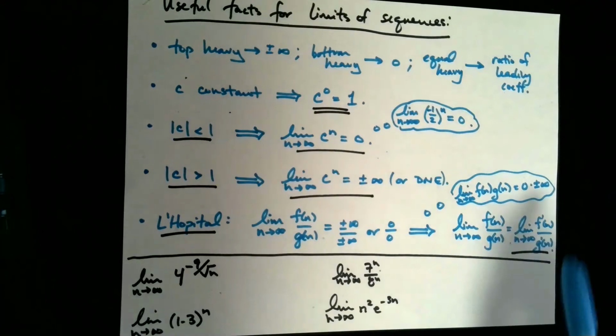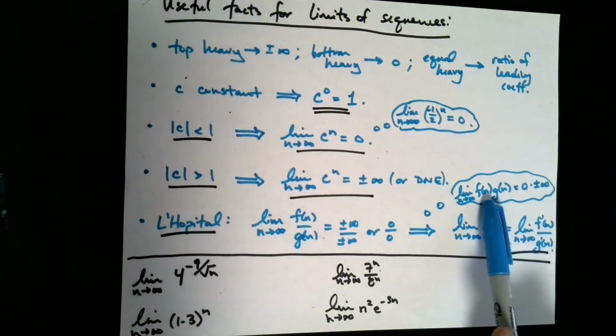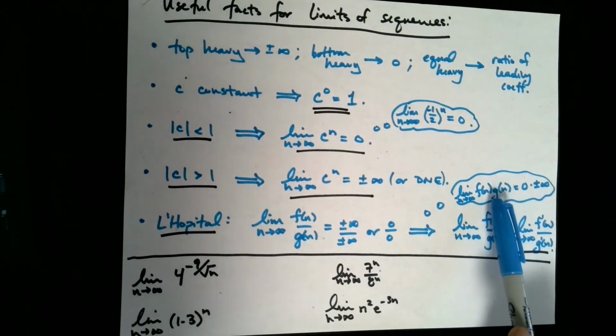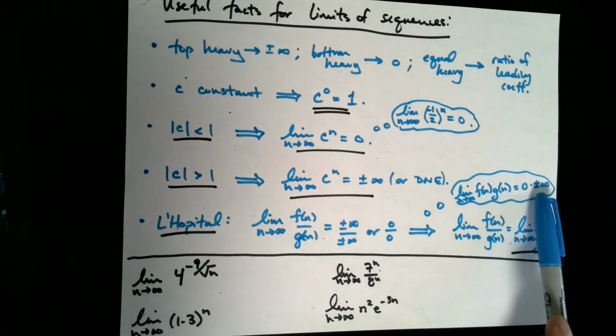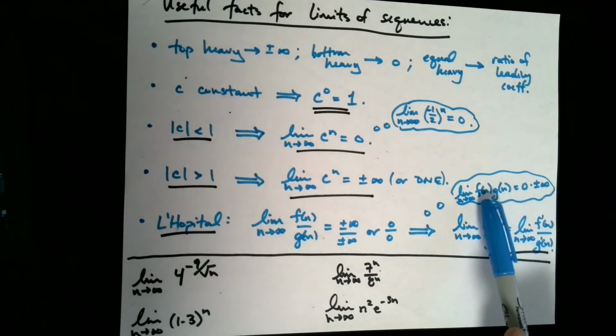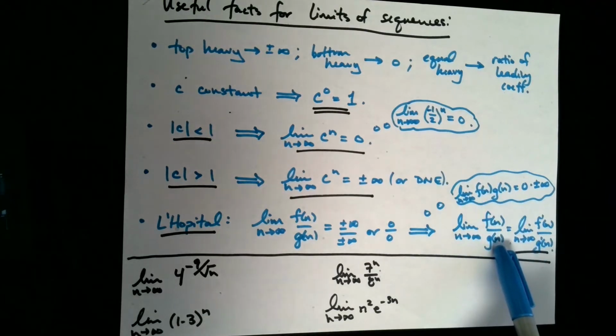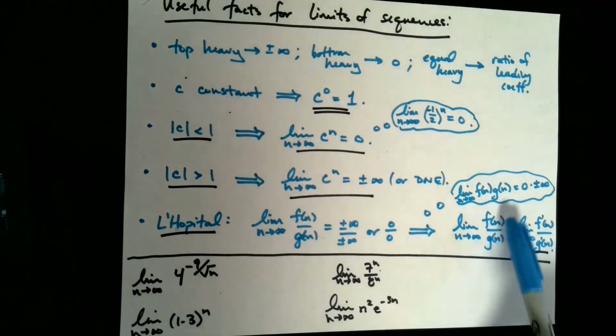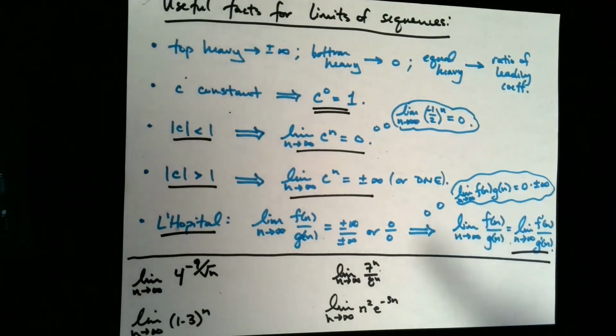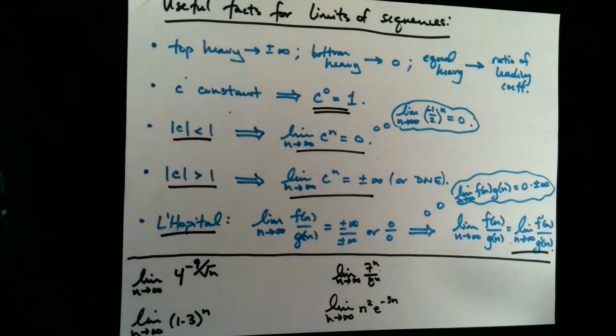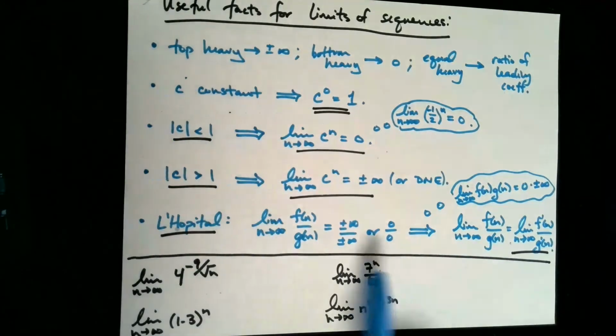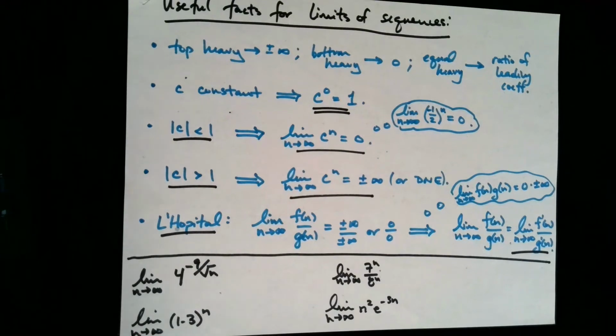I'd like to make one caveat with this, because there are some cases where you have a product and L'Hopital's rule can still be applied, and that's when you have a product of 0 times plus or minus infinity. In this case, you simply write the product as a quotient, as a fraction essentially, and then you can apply L'Hopital's rule. So if you ever get 0 times plus or minus infinity, we simply rewrite as a fraction and then work the problem. Okay, so with these facts in mind, let's proceed down to these 4 examples below,